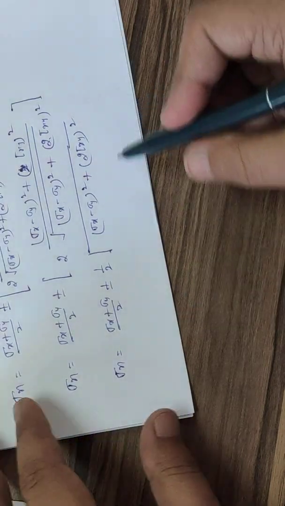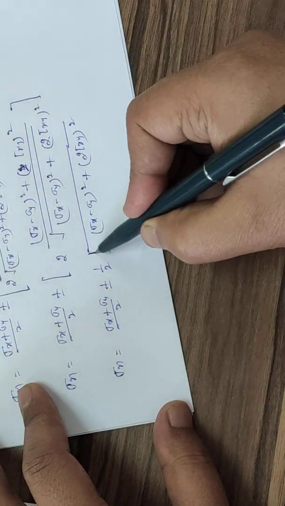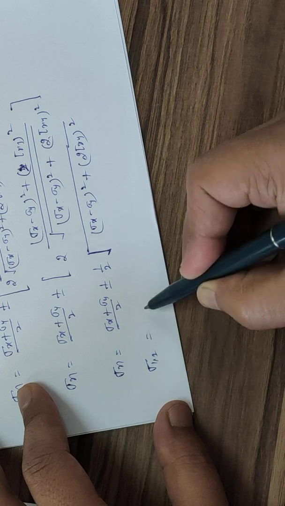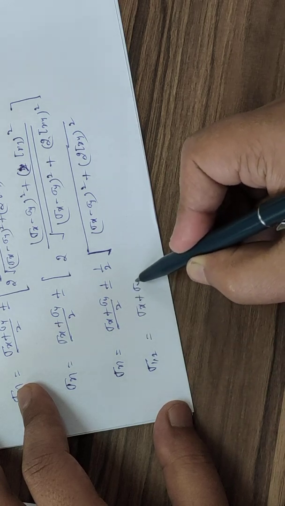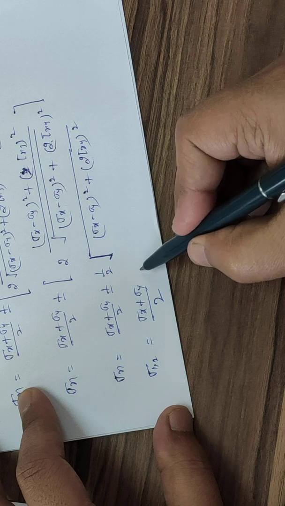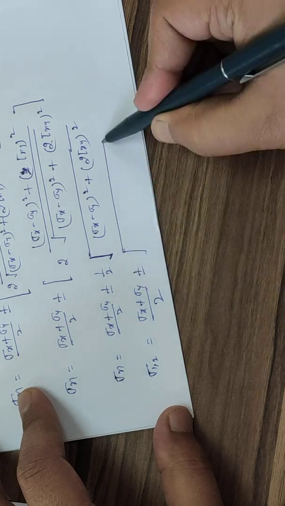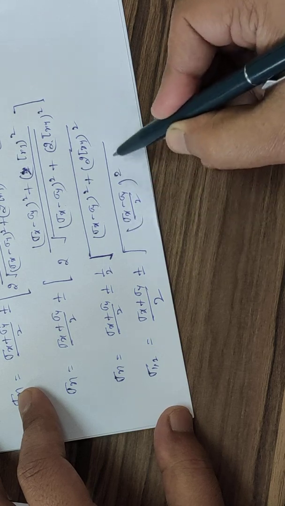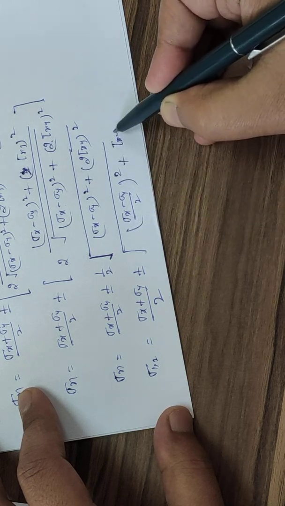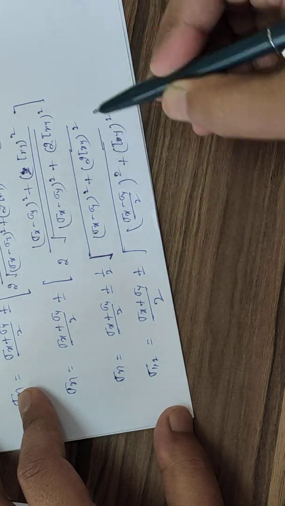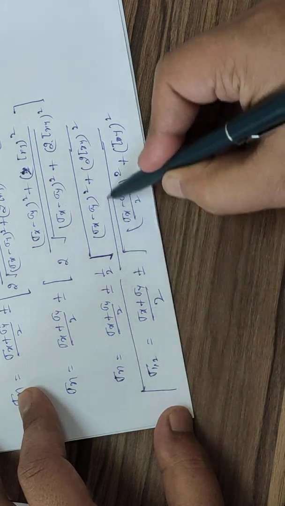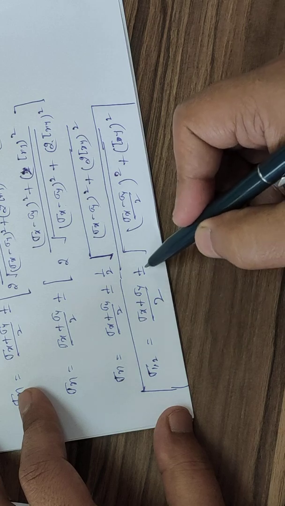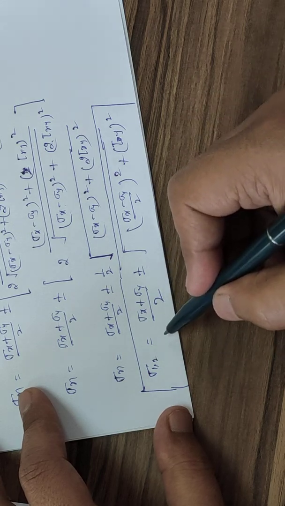Okay. That 2 we can shift inside the under root. Then sigma 1, 2 we can write: (sigma x plus sigma y)/2 plus minus under root of ((sigma x minus sigma y)/2) whole square plus tau xy whole square. So, by taking the positive sign we can get the value of sigma 1, and taking the negative sign we can get the value of sigma 2.